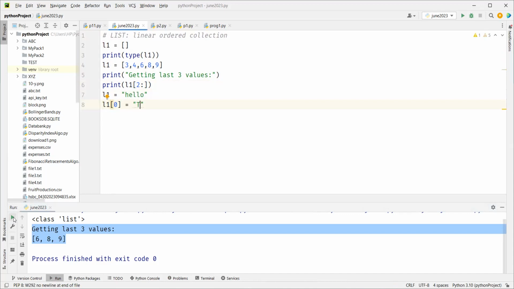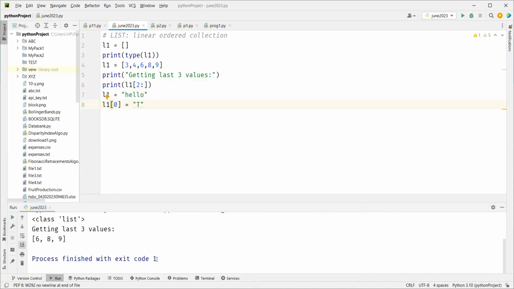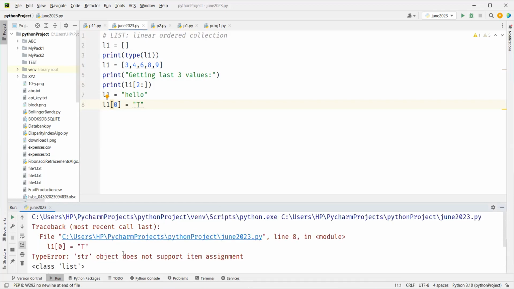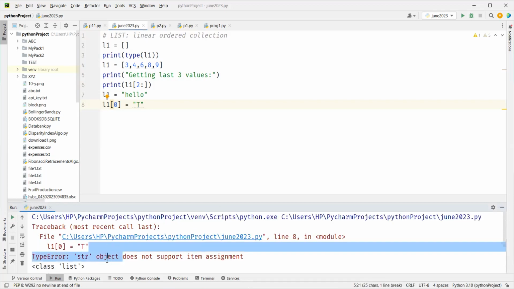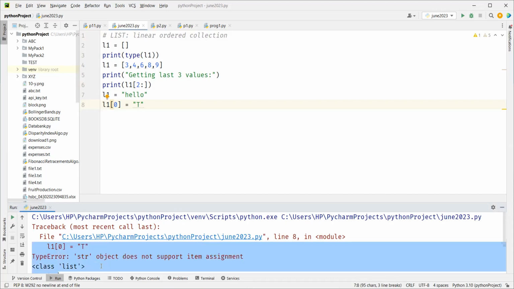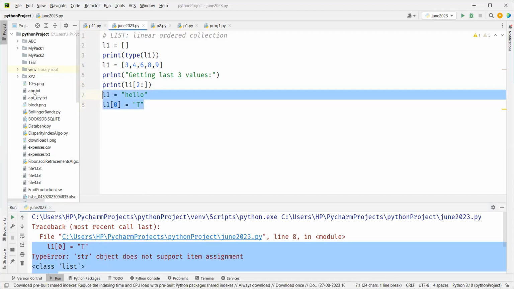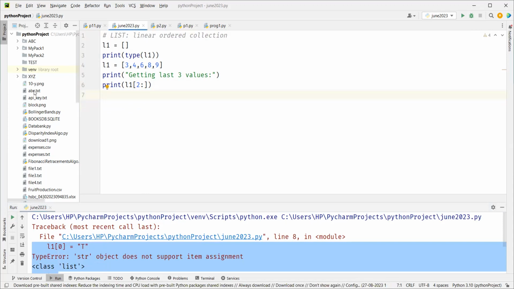You will get an error: string object does not support item assignment. But not in this. L1 equal to L1 of 0. Now when I print L1,